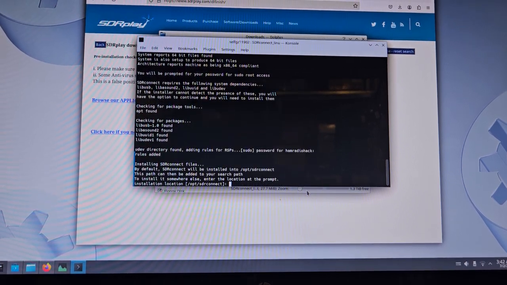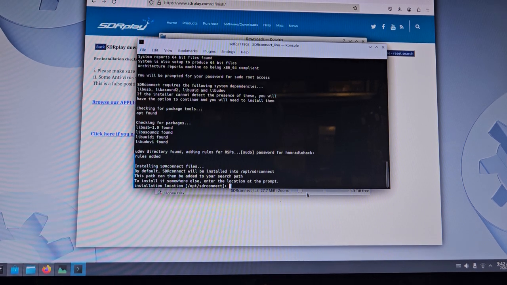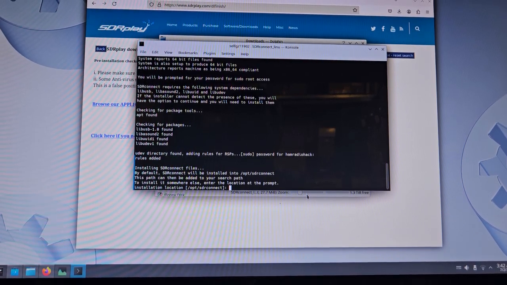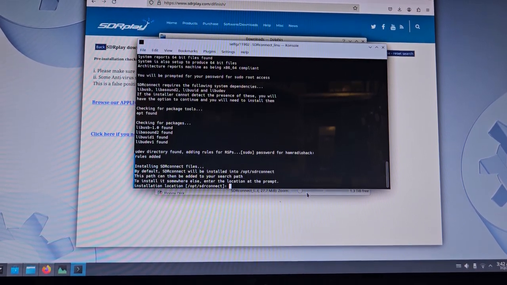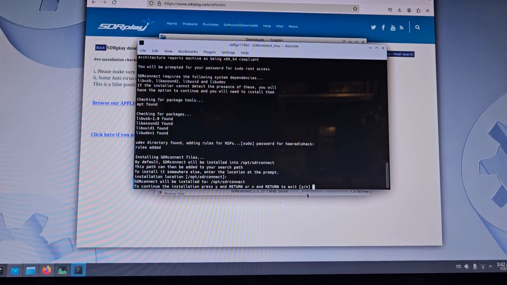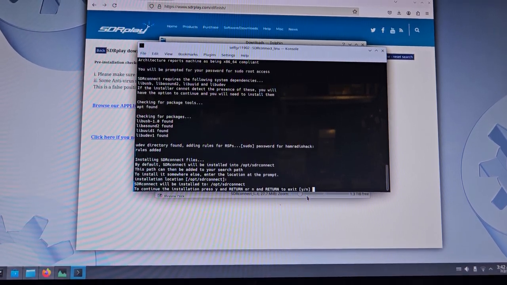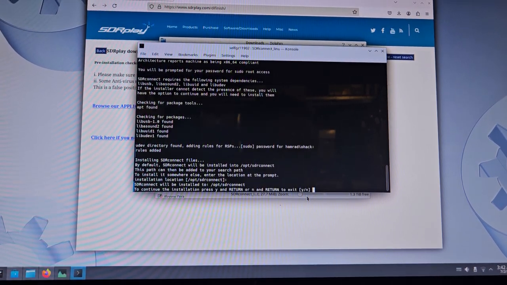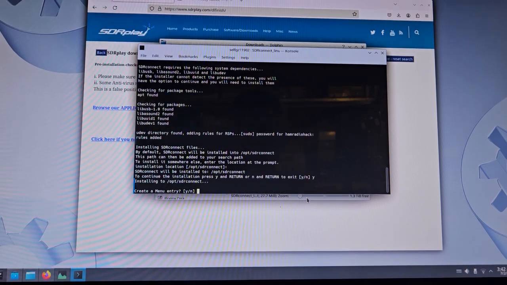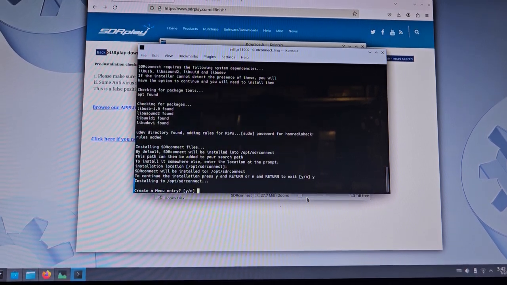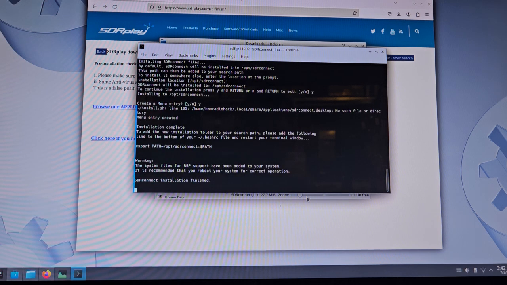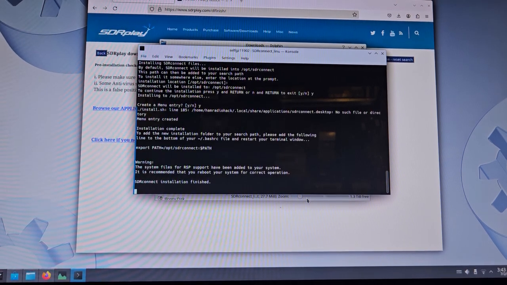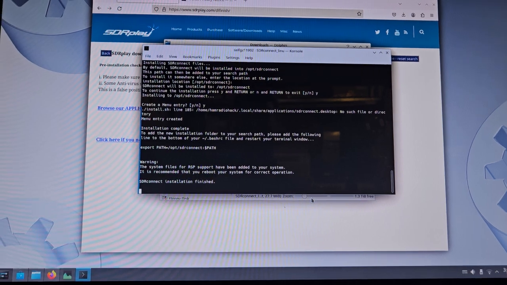Okay, installing SDR Connect files by default will be installed. This path can be added. Click enter. To continue the installation, press Y and return. Create a menu entry. Y. Yes. Okay. So it says it's finished. So now